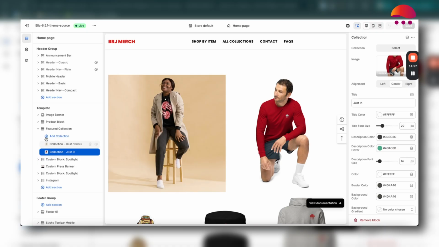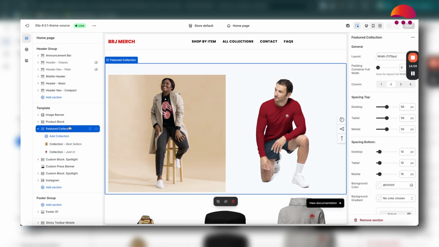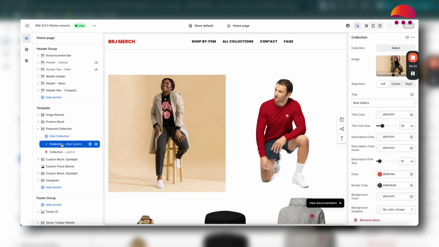Now, if we wanted to edit this section, you'll notice on the right-hand side, we have our editor that appears. And this is how you're essentially updating what it looks like and how it's styled on the page. Now, if we select our collection, you'll notice that that editor changes specific to the collection that we are wanting to update. So you'd be able to select the collection here, update the image, and then it's going to be